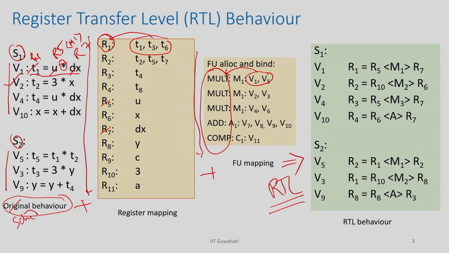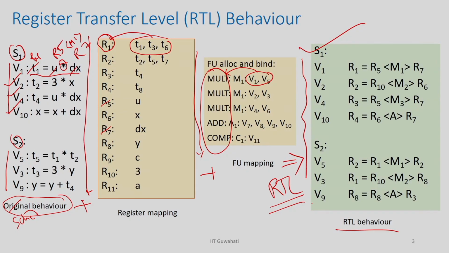So, this way I can replace all the operations by the corresponding registers and the FUs, and I will get this behavior, right. So, this is what is called RTL behavior. Here the behavior is represented using the transfer of register values, that is why it is the RTL behavior. Here it is just given as the operations, but you have to realize this RTL behavior using a data path, and that is what we are going to get in this data path synthesis diagram. So, we want to get a data path that realizes this RTL behavior, which is written as a text file.